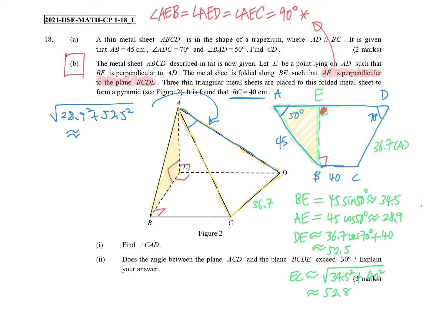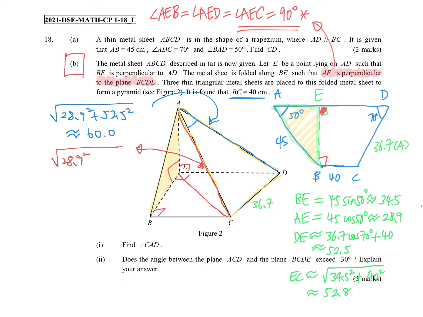Okay, and after that, we need to find this. So this one, we'll try to consider this. Don't forget AEC is 90 degrees, as I stated at the very beginning. So that's why AC would be AE square, so 28.9,